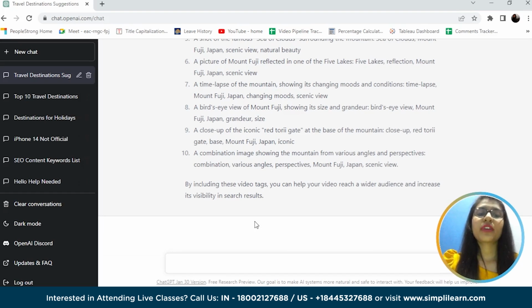So here we have tried to implement some of the important on-page optimization practices. Now let's try to get backlinks, which is one of the most famous off-page optimization techniques.